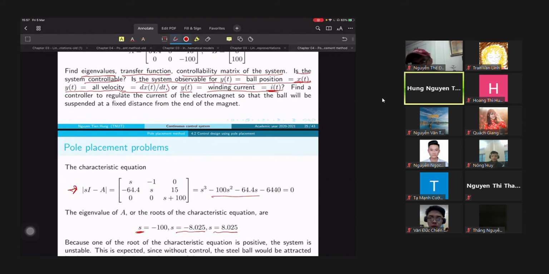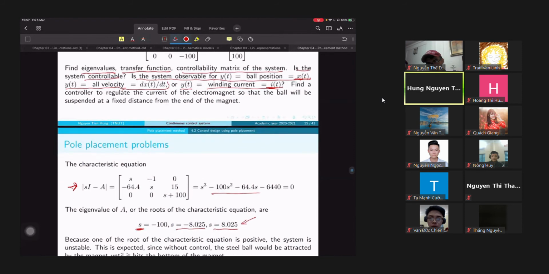So the problem is we got one pole in the right half plane, or the right-hand side of the complex plane. This means that the system is unstable. I think you already know that, because if we have a system with three poles, and these poles are distinct,